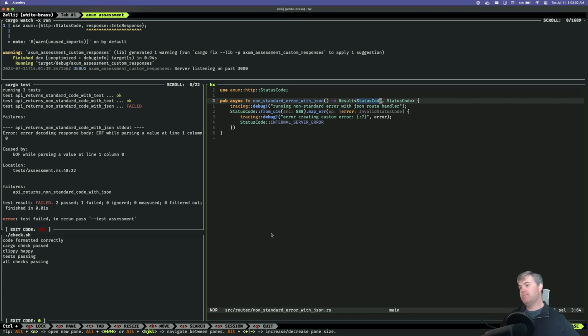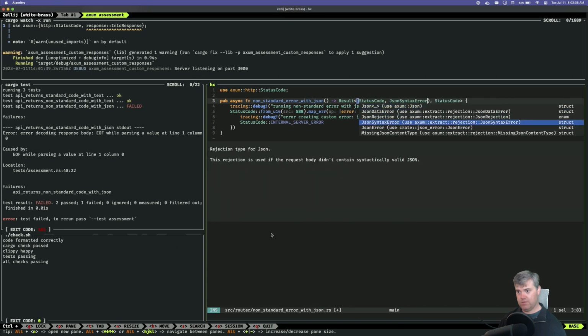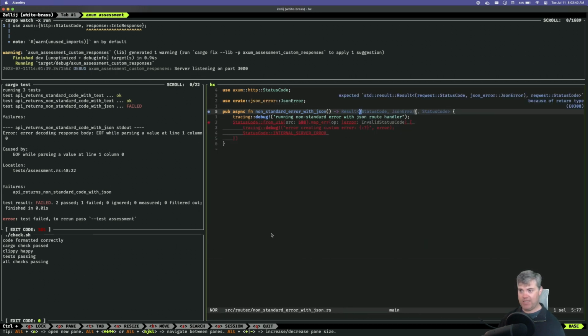Let's see. I want this to be the tuple here. And then this is going to be the JSON, the JSON error. That's the data we're passing back.